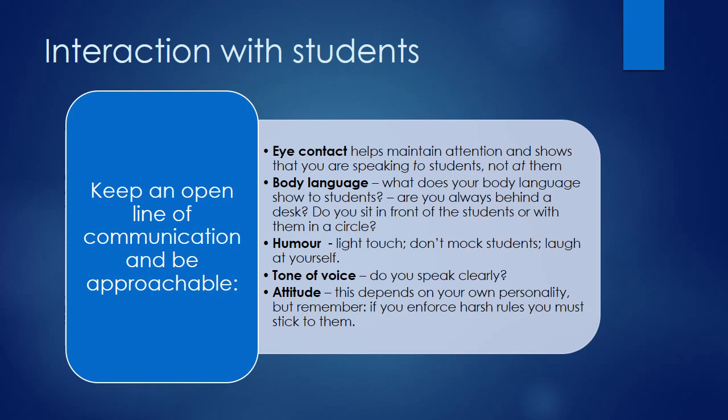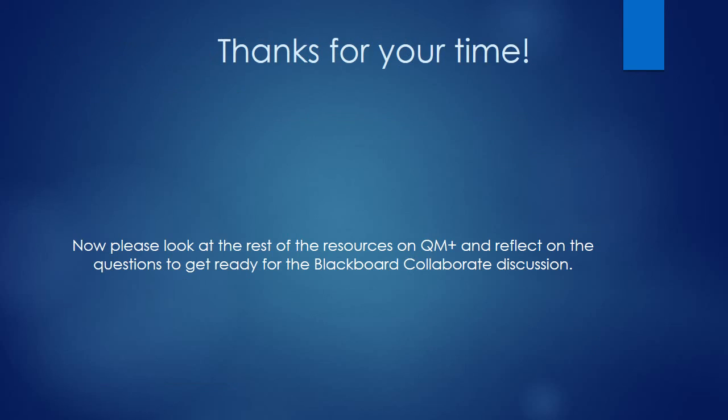So if you say, you can't come into my classroom if you're more than 5 minutes late, that has to mean that nobody can come into the classroom if they're more than 5 minutes late, even if they're your favourite student. And it also means that you need to stick to the same rules. So you can't be 20 minutes late. You have to show that you're subject to the same rules as them.